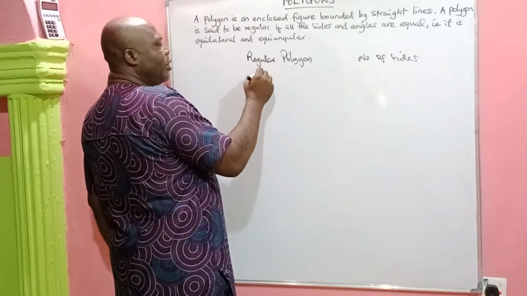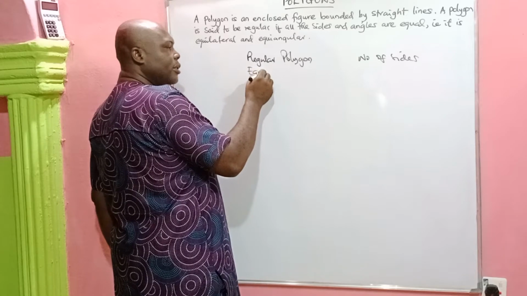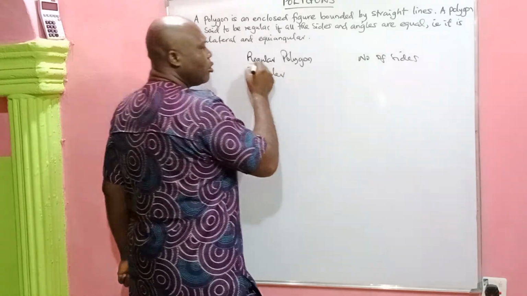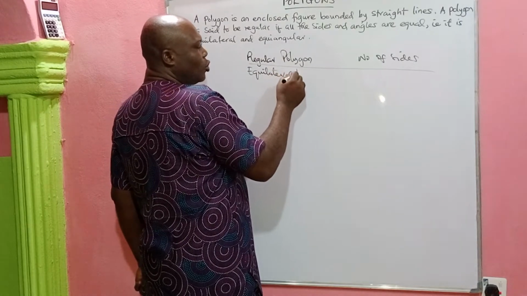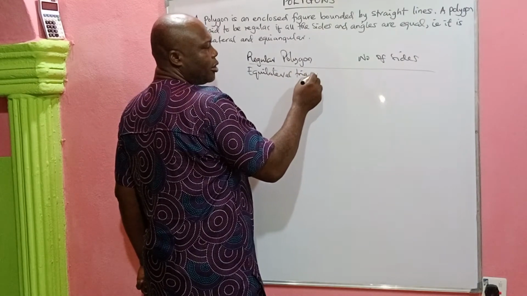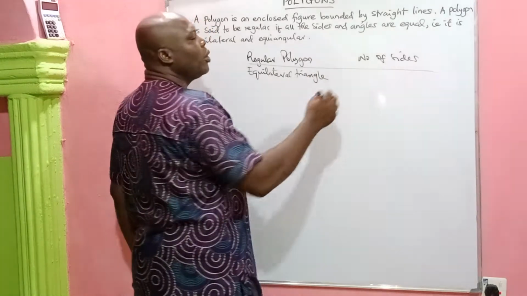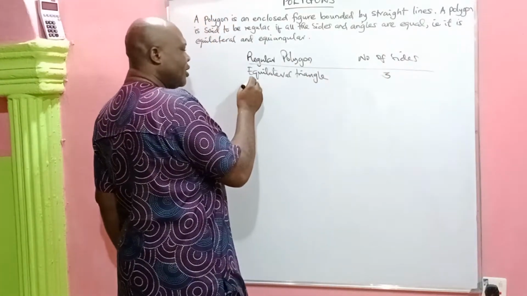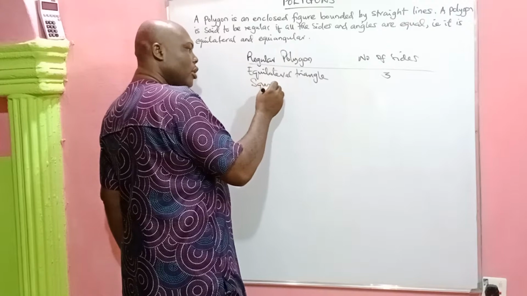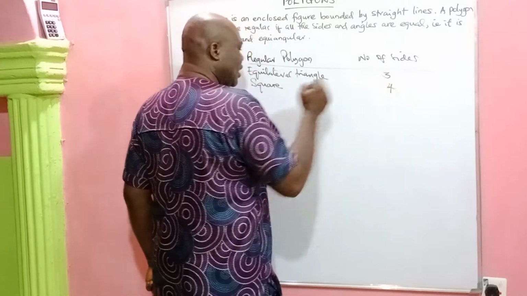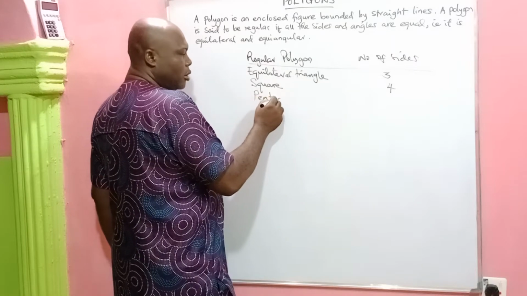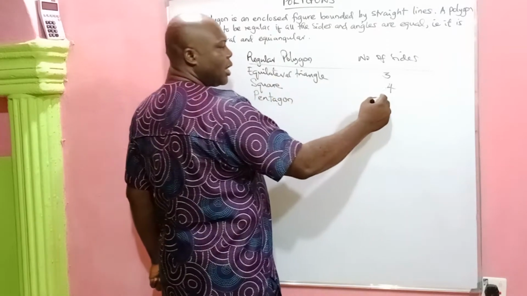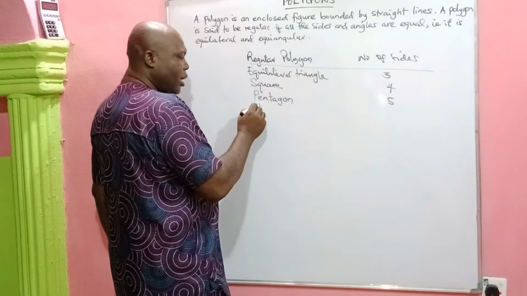We have the equilateral triangle, a regular polygon that has 3 sides. Then we have a square, a regular polygon that has 4 sides. So we have a pentagon, a regular polygon that has 5 sides,